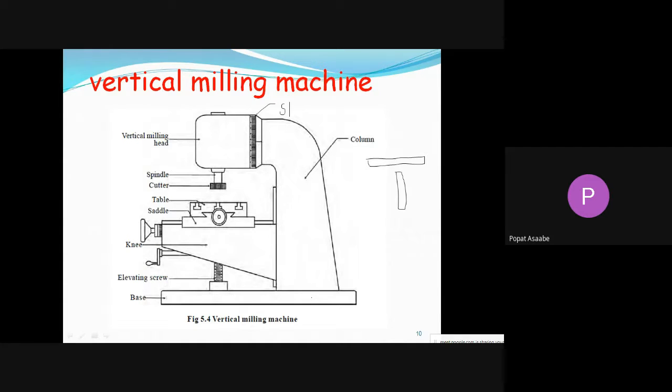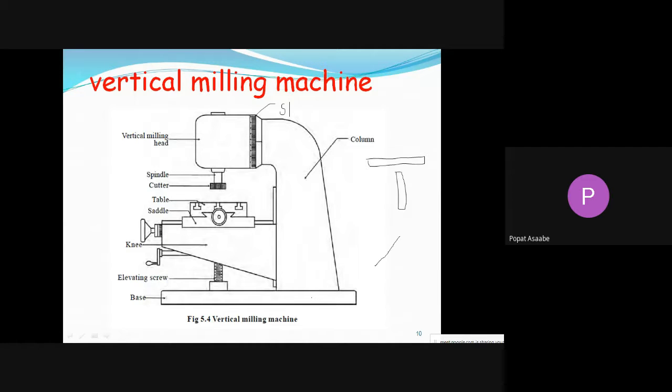With the help of that scale we can rotate, or we can swing, that vertical milling head at any angle. Suppose we want to perform the angular milling operation.